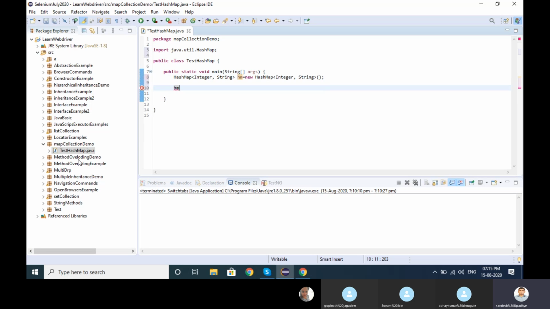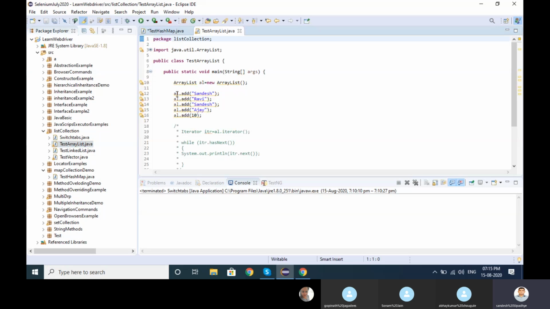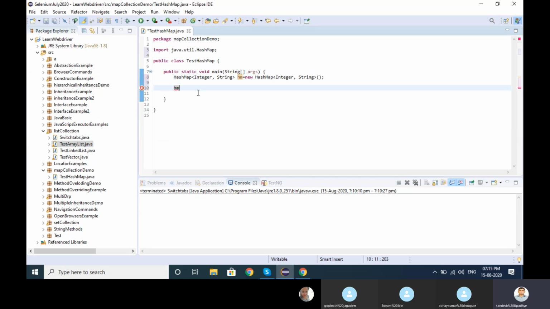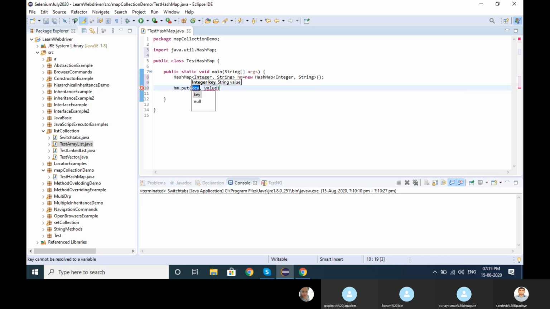Instead of add, while working with any collection or set, what we did was dot add, right? Instead of add, here while working with map, you want to add the put method: put integer, string, 100. Let me copy this thing.